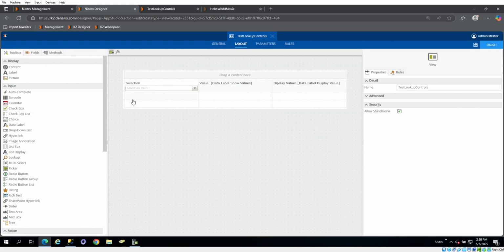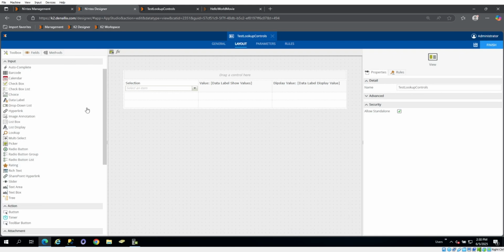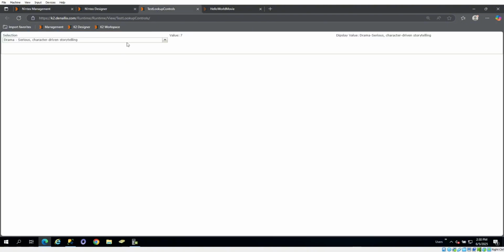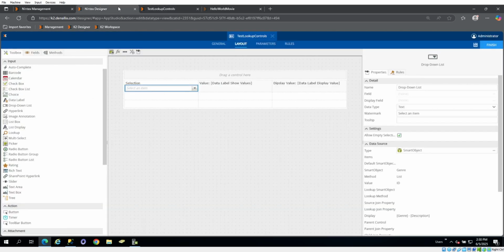One other example I want to do is maybe a cascading list of data. For lookups, there are a few types of controls that are lookup. So I used a drop-down here, but this is already kind of a lot of items for a drop-down list. We could also use a few different types. So I will use here a multi-select,